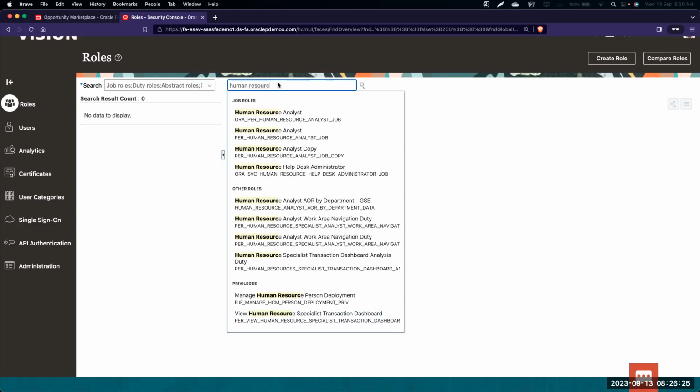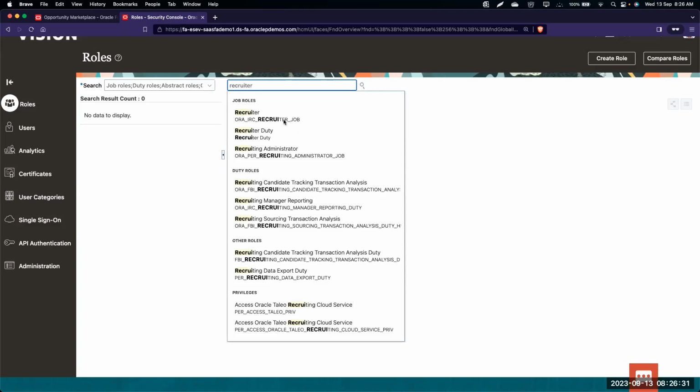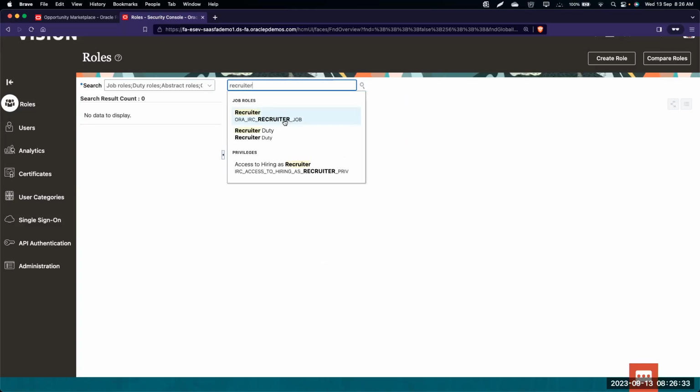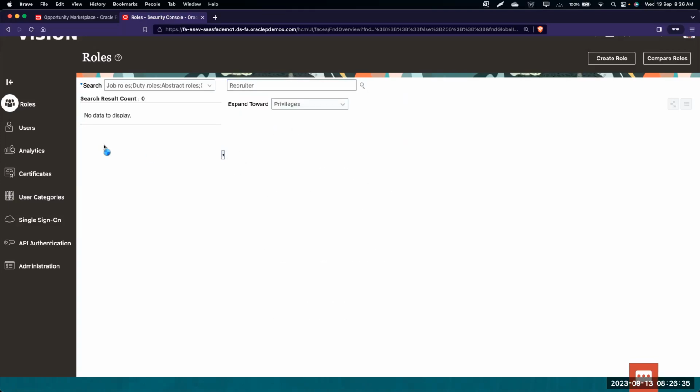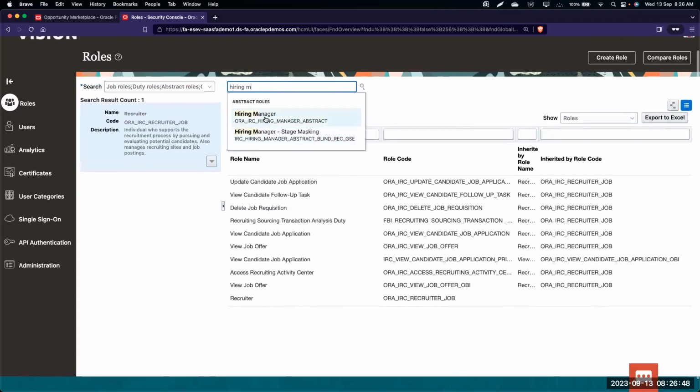Now that we talked about it, we'll take the recruiter role. This is the seeded recruiter role. And then we have hiring manager. Here, the first one is the seeded hiring manager role because it starts with ORA, and the second one starts with IRC.